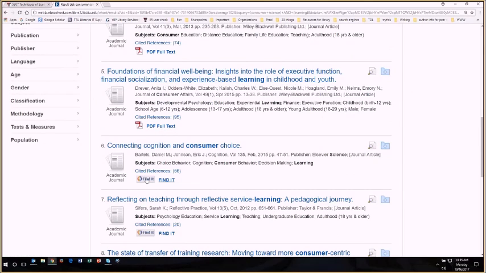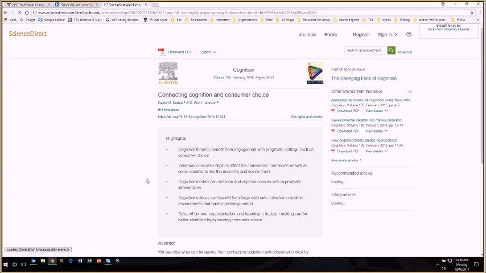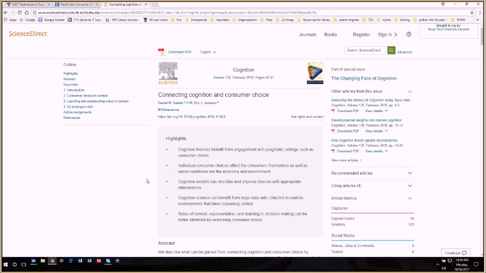The Find It button is in the record just where the PDF is as well. So if there's no PDF, you would see it on the left here in the record. But we can use it from this screen as well. So I'm going to click on this. It's our links resolver, and it's looking through all of our other databases to see if it can find it. It did find this one, and it brought us straight to the vendor website,